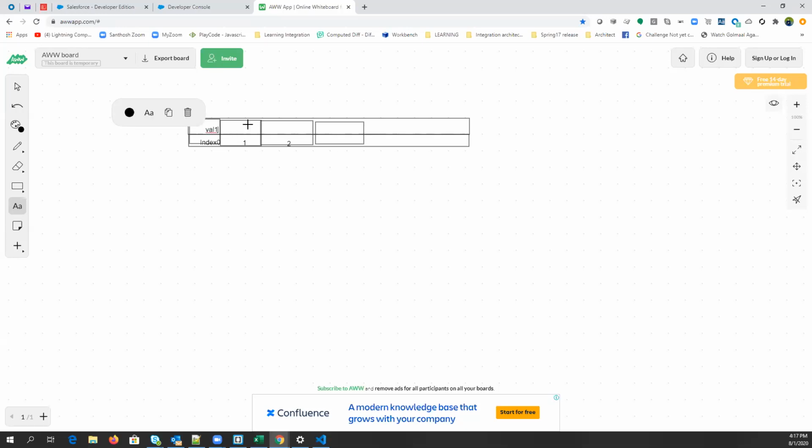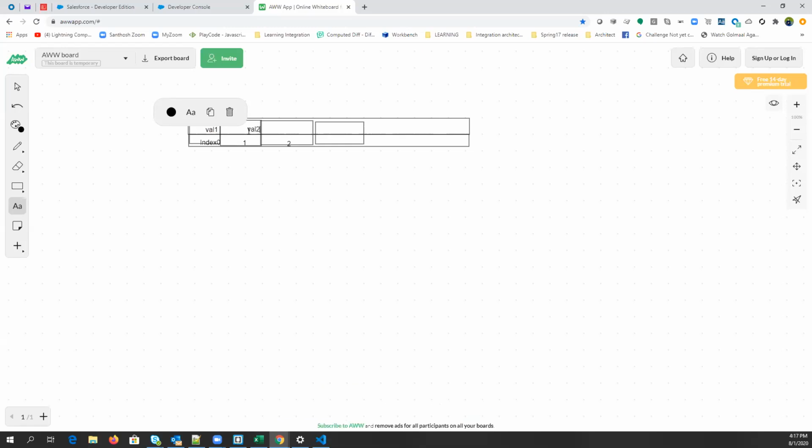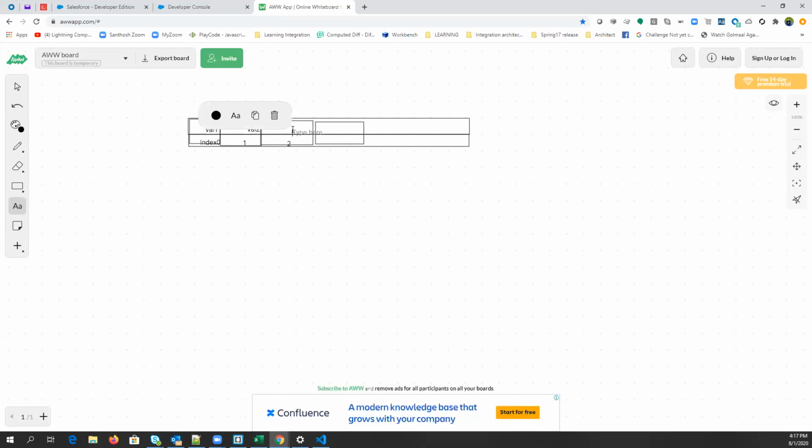Every time you store a value, the index will increase. You can simply store val 3, val 4, val 5, and the index will increase accordingly. This is how we generally store the values in a collection.